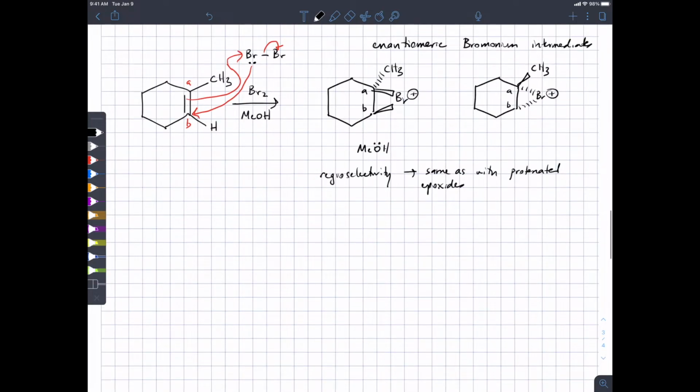That is, if we draw the bridged bromonium ion,